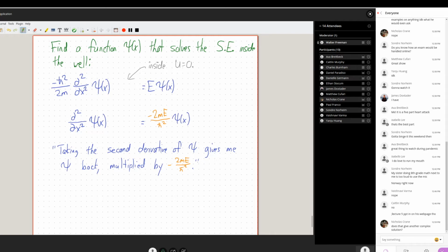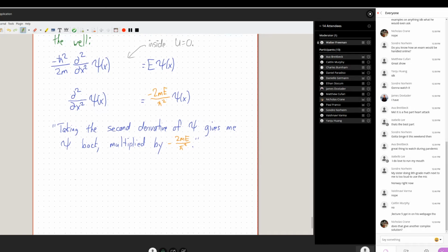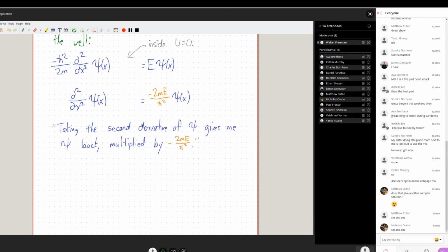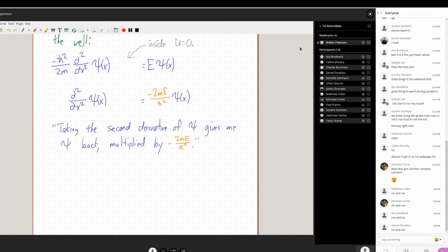Nick says, does that give another complex solution? I'll ask you all, what functions have this property where when I take a second derivative, I get back the same thing multiplied by minus some junk in front? Cosines and sines, or